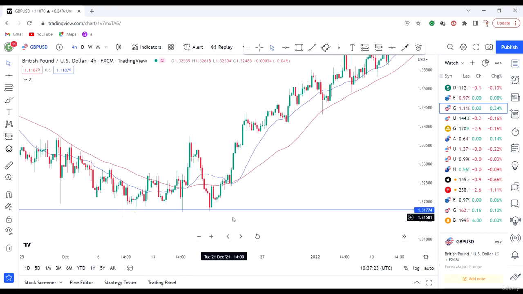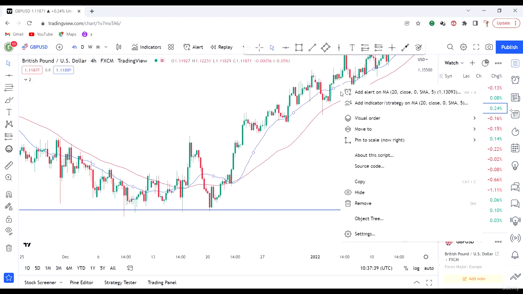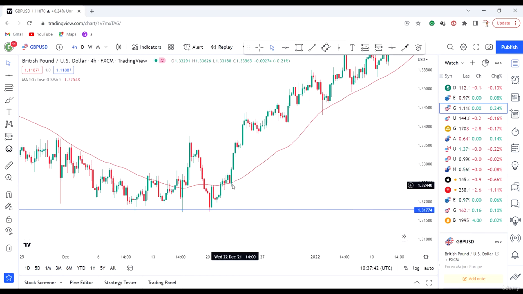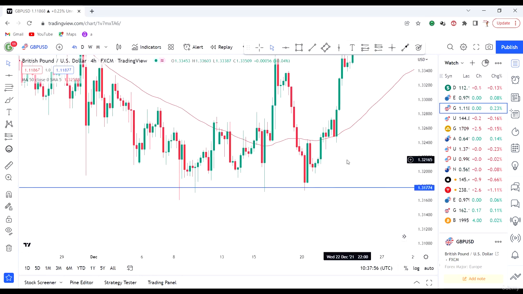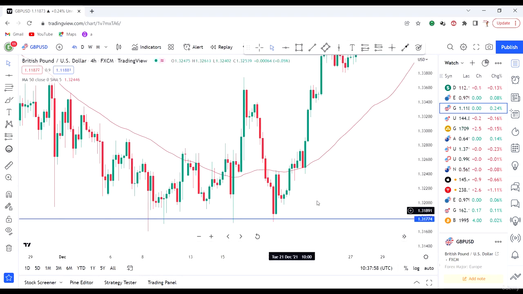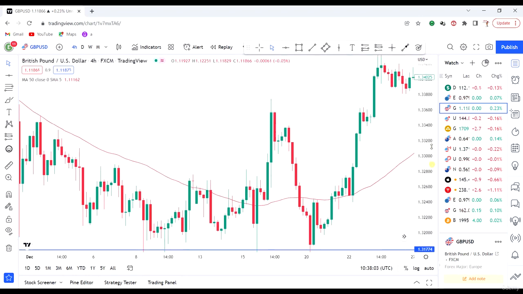So I tend to look for a double top or a price pattern, and then look for the indicator. I don't even look for a cross. For that strategy, I wasn't looking for a cross. I was just looking for prices to trade above the 50 simple moving average, and then I will look to buy. So the strategy was that when I see a double bottom or any type of price pattern here,